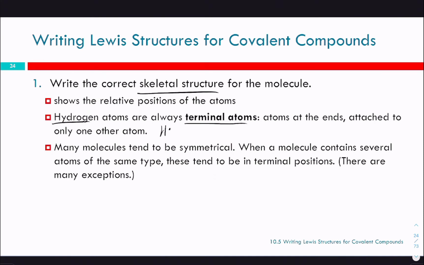And then most molecules tend to be symmetrical, especially the ones that we're going to cover. They're all going to be symmetrical. So when a molecule contains several atoms of the same type, those tend to be in terminal positions. Of course, there are exceptions. So if I gave you something like C2H6,